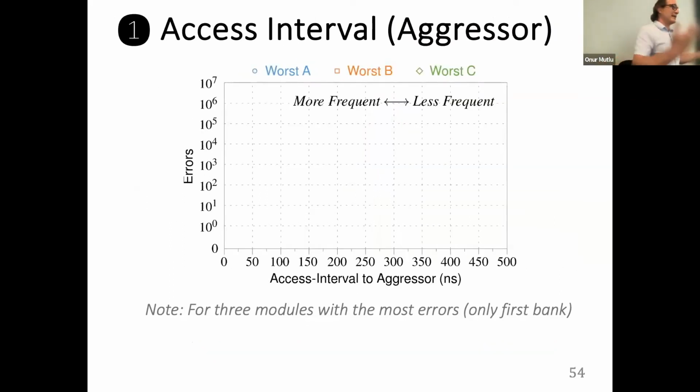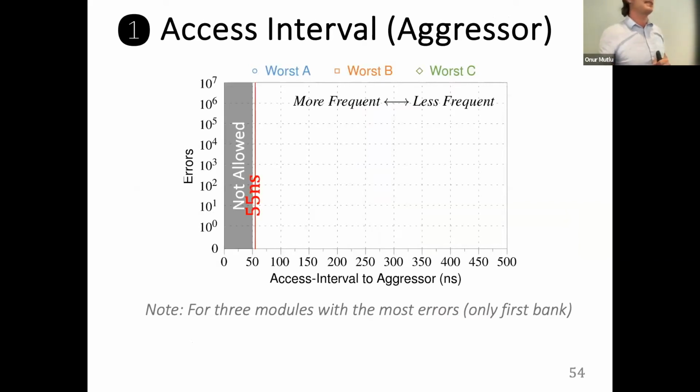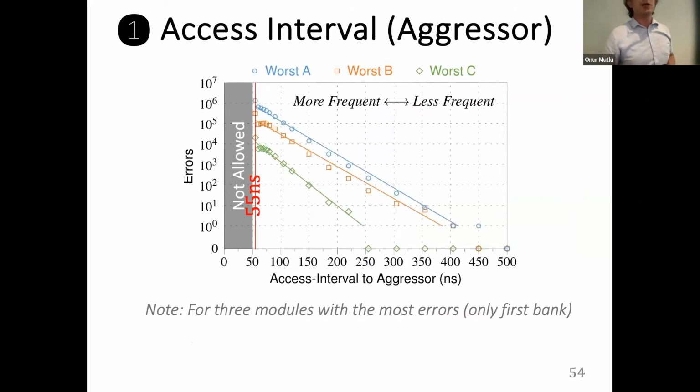Okay, so another characteristic. These are all data from real chips from our 2014 paper. You can say, I can reduce the frequency of activations to the DRAM, and I can get rid of this problem. And you're absolutely right. And we wanted to test this. The way you activate DRAM at the time was that every 52.5 nanoseconds, you can issue an activate. If you reduce that to every 500 nanoseconds, in the chips we tested, you could actually get rid of this problem. This is called throttling of the applications.